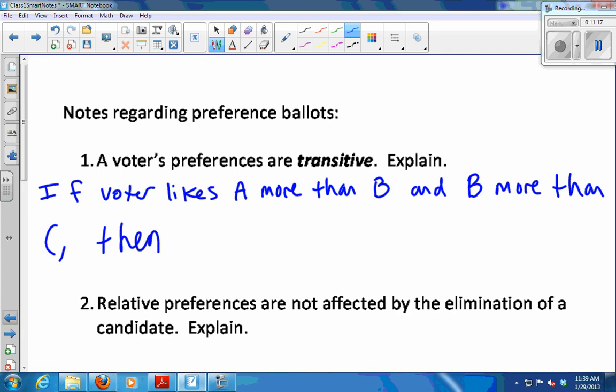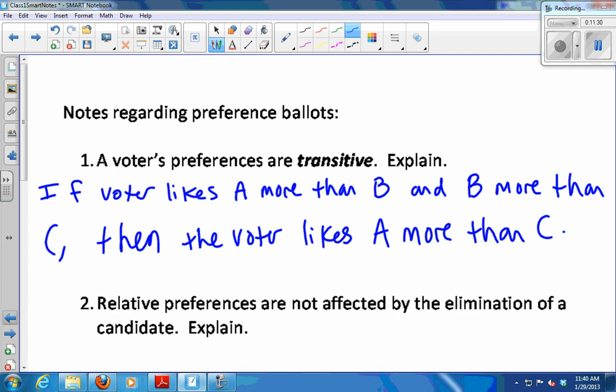They like A more than C. Then the voter likes A more than C. Because of this transitive property of